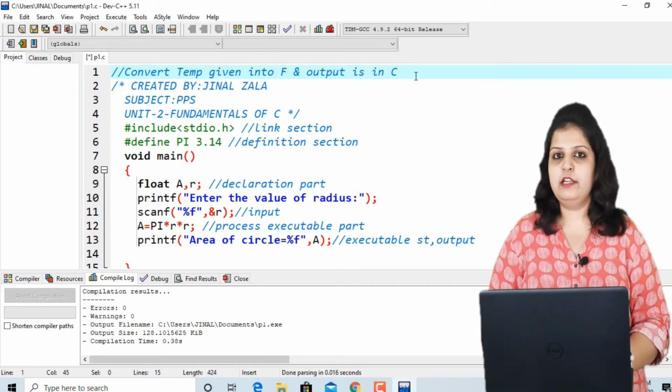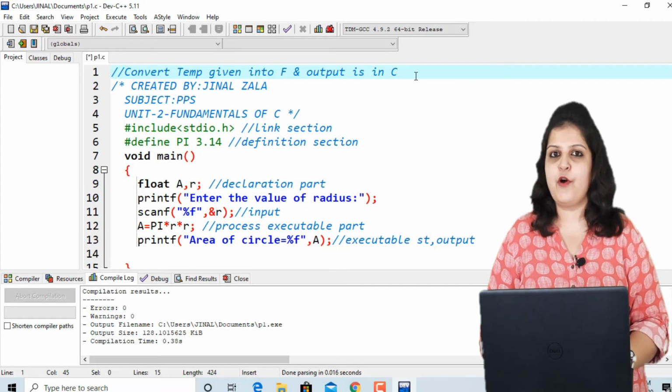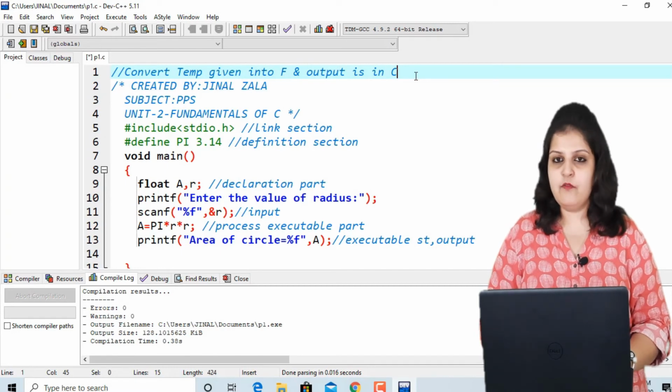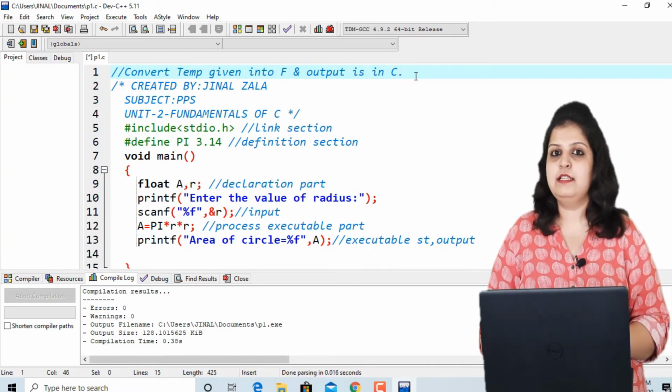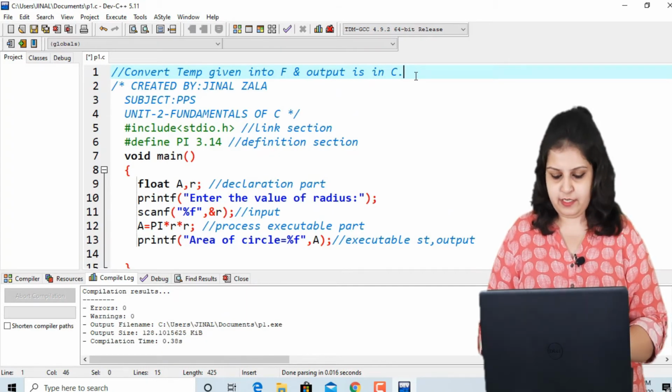For that you have to remember the formula that is used for converting temperature from Fahrenheit to Celsius. What is the formula? It is F minus 32 divided by 1.8.